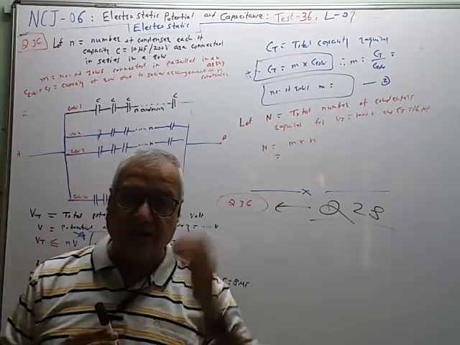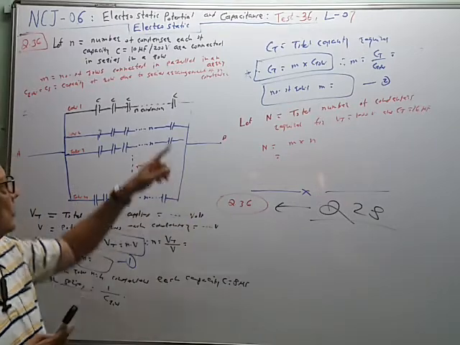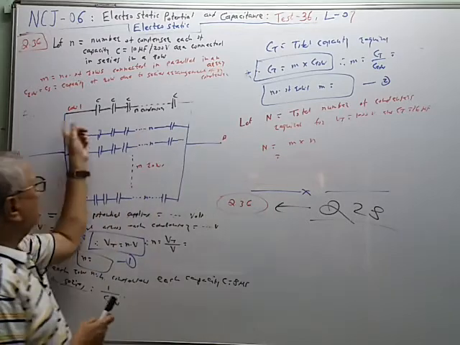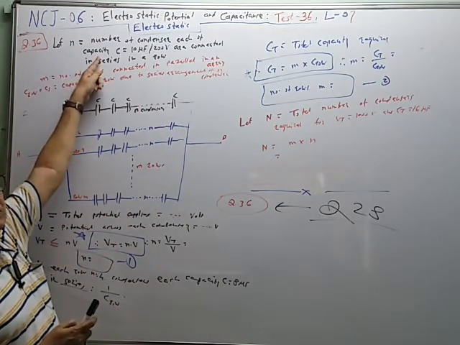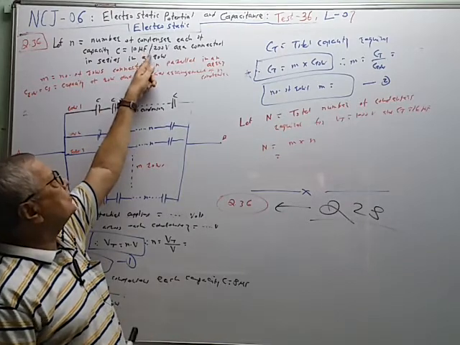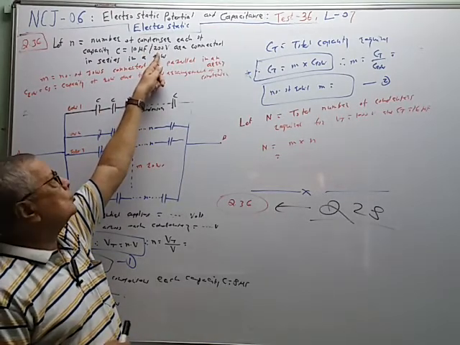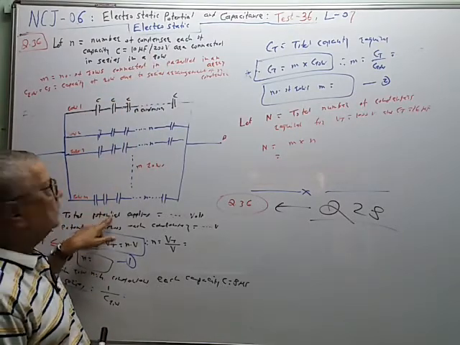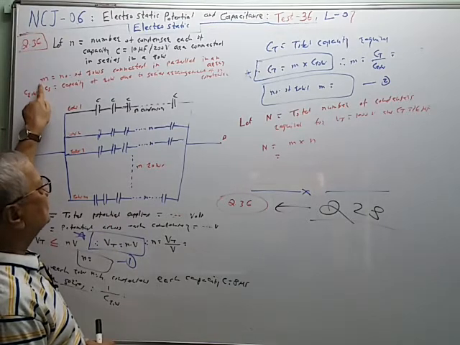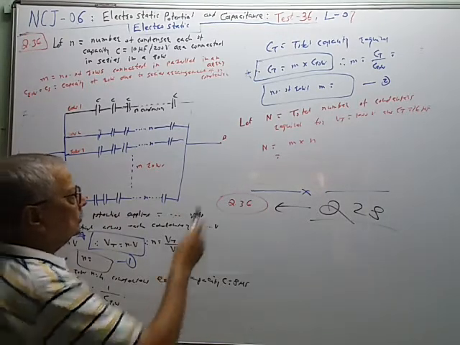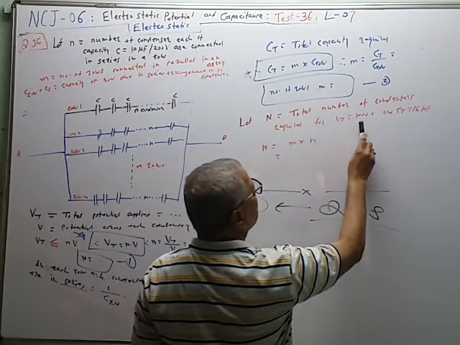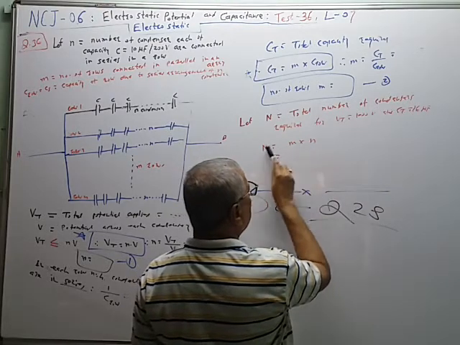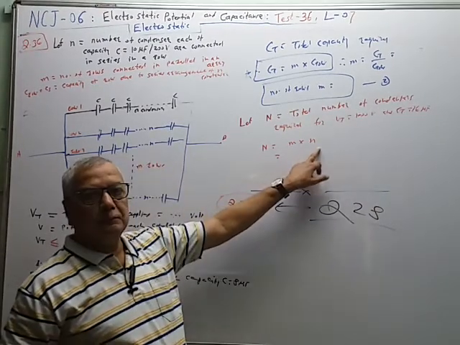So we are considering this M by N array. This is called as the array. M by N array. So there are N condensers connected in each row. Each condenser has capacity 10 microfarad and its voltage capacity is 200 volt. Like this, there are 1, 2, 3, 4, 5 M rows. So M is the total number of rows, and therefore the total number of condensers required is the number of rows multiplied by number of condensers in each row. So M into N is equal to N. So you have to find M and N.